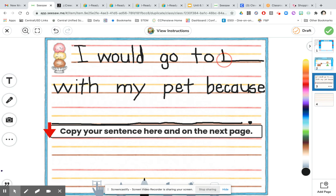The, T-H-E, the. Now, beach doesn't really fit here, does it? So I'm going to have to just make it go off. B-E-E-E, ch-ch-ch-ch. I know CH says ch. With my pet because she, S-H-E, sight word she,